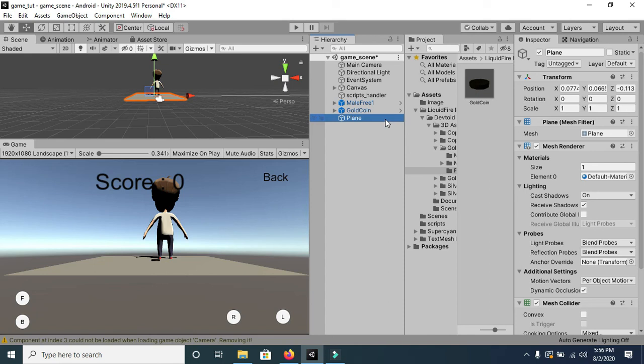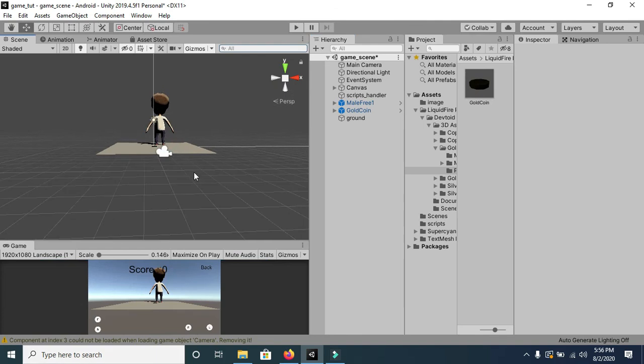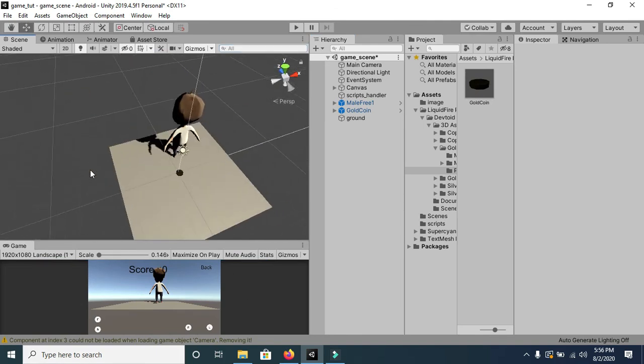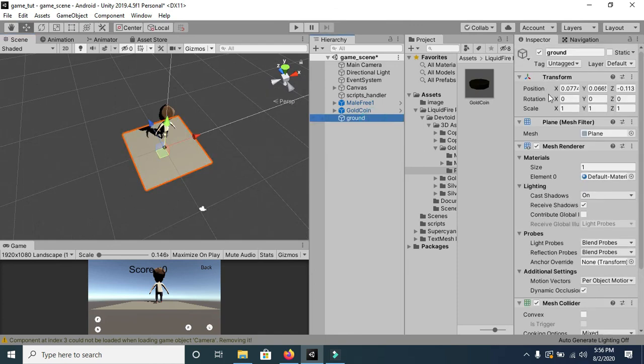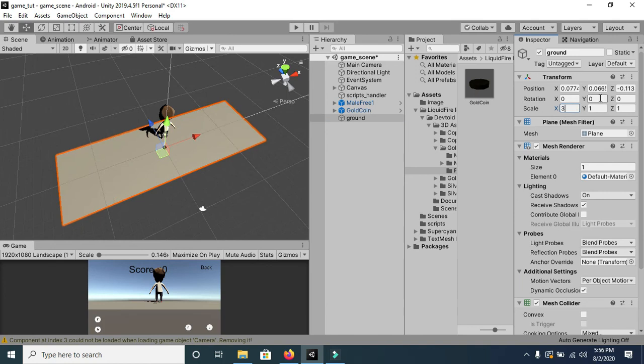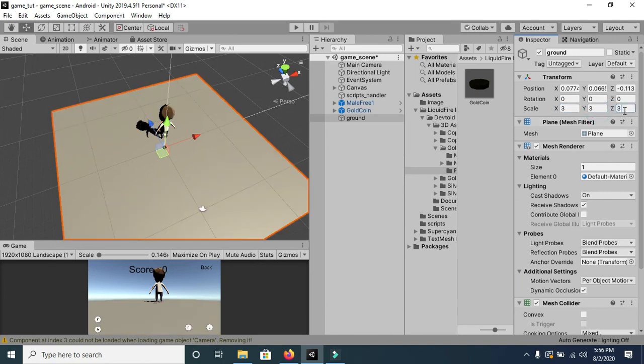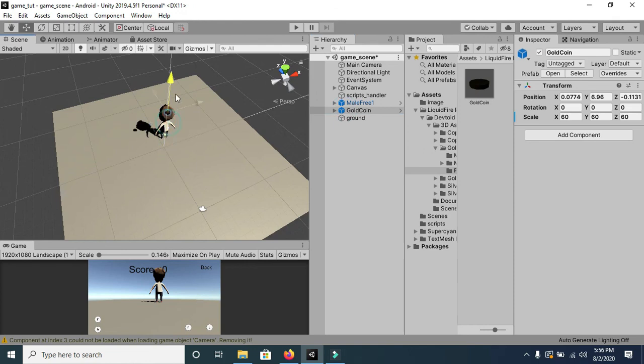So now I will scale it. Now it seems to be good, and now everything is fine. And in the next tutorial we will learn more about UI buttons, and we will write some code.